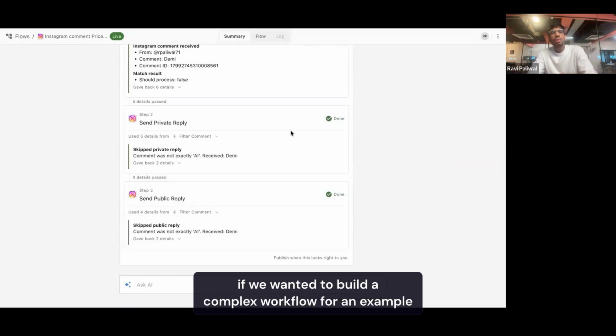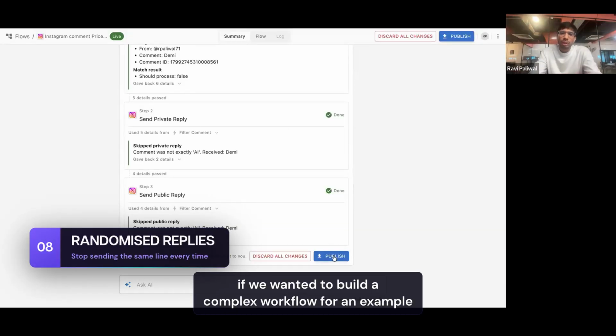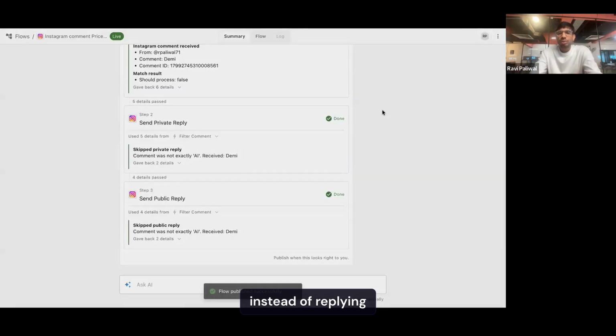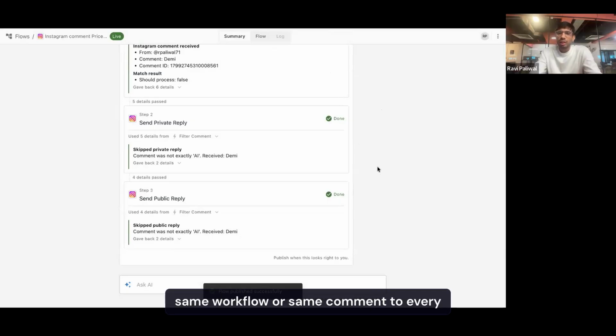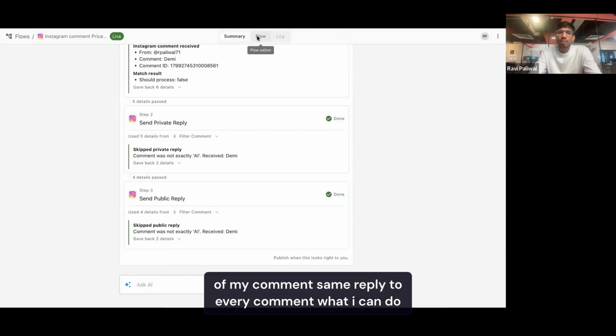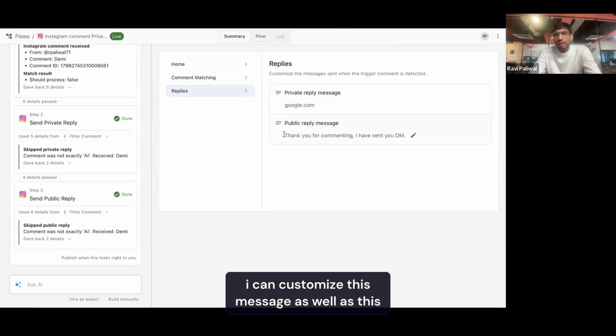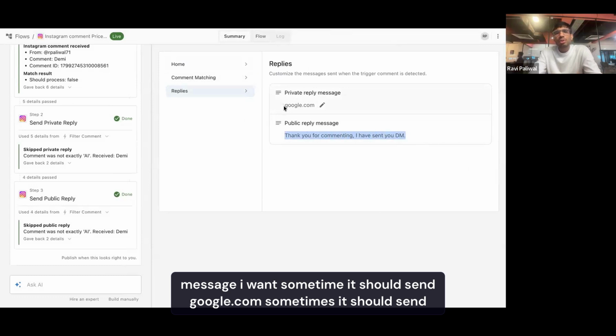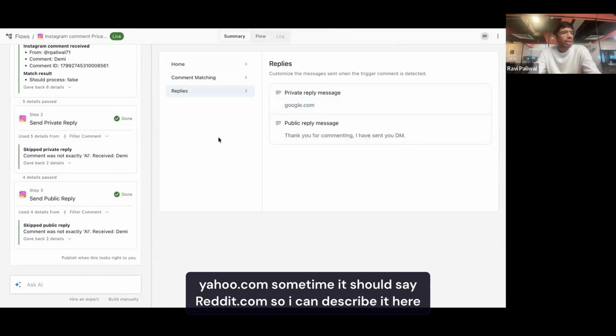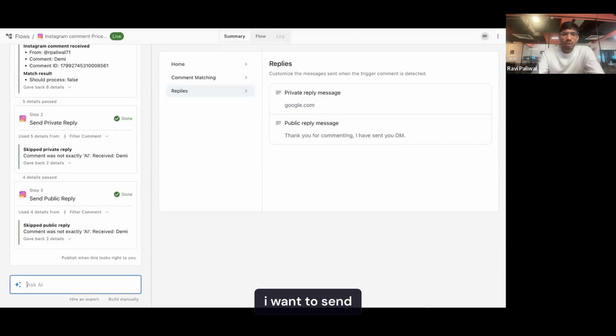Now, if we want to build a complex workflow, for example, instead of sending the same reply to every comment, I can customize this message as well as this message. I want sometimes it should send google.com, sometimes yahoo.com, sometimes reddit.com. So I can describe it here: I want to send comment replies randomly